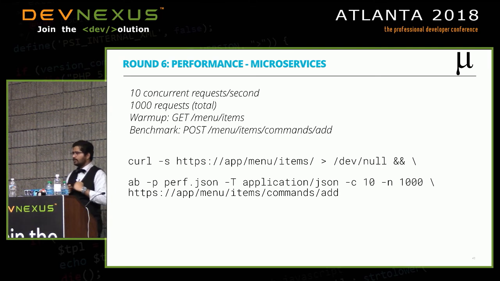The reason why we had to have the warm-up test is because we had deployed this code onto Heroku, and Heroku optimizes for cost, so it will shut down your dynos when you're not using them, which is great because you're saving a lot of money when you're experimenting with stuff. But if your dynos are asleep, it's probably going to take like 30 to 50 seconds before it comes up. As I said, 30-second startup time for your application. So if it takes around 30 or 48 seconds, the test is not going to look that good. So we did a warm-up, we made sure that everything was started up, and then we ran the entire test.